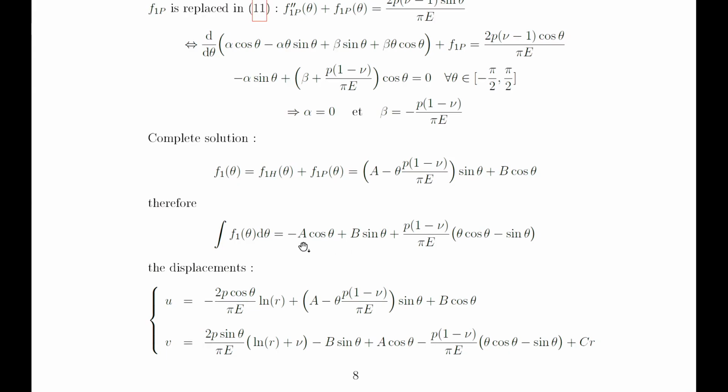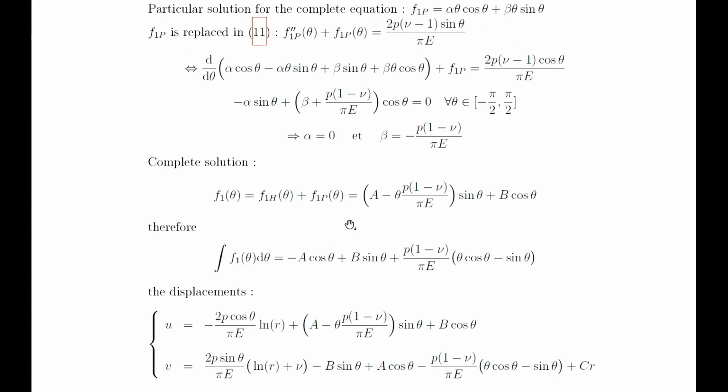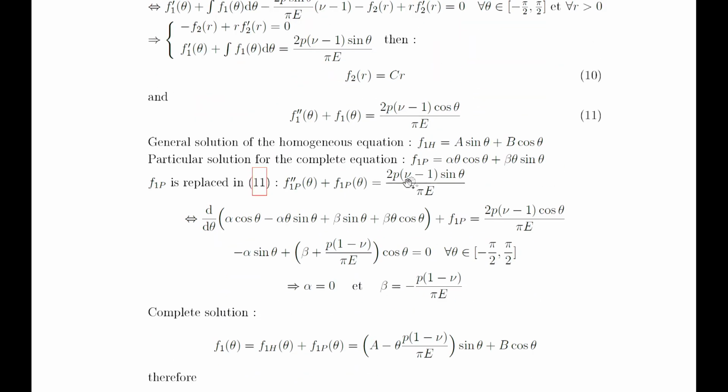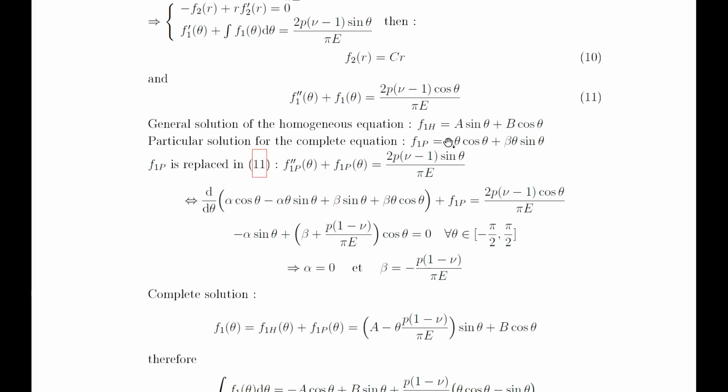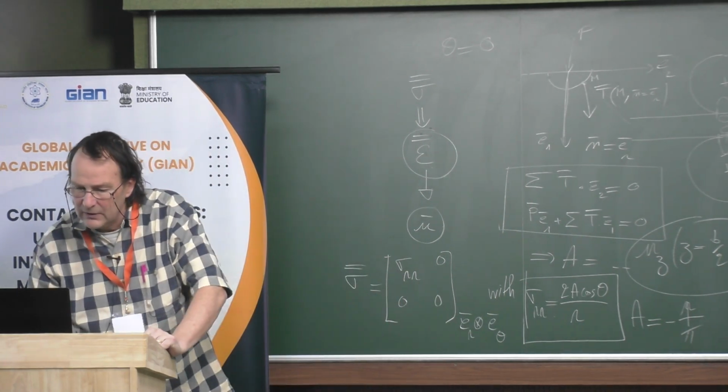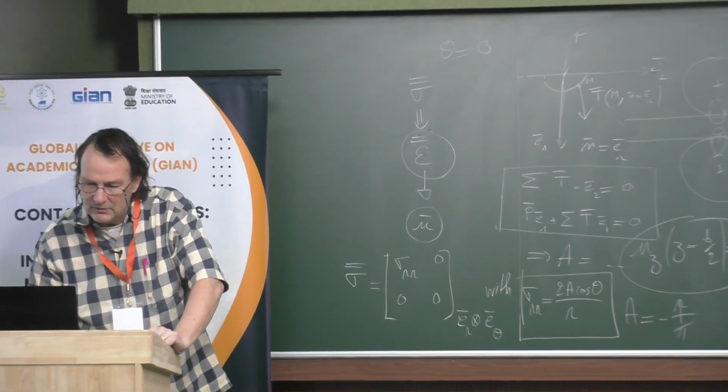Yes, these are the integration constants. This is due to the shape being homogeneous. The solution of the homogeneous equation, which is this one, A sinus. Okay, it should be alpha beta, but this is not the same A. You are correct, but you will not get the A from that. No, the A is obtained by the equilibrium of this disk. Okay. It was just before. 1/8, that's also 1/8.